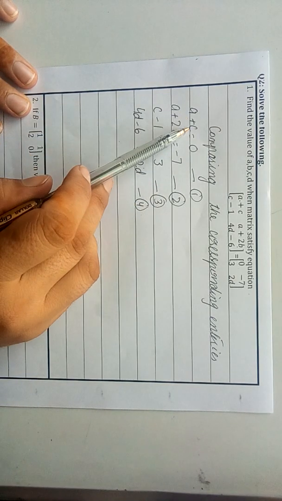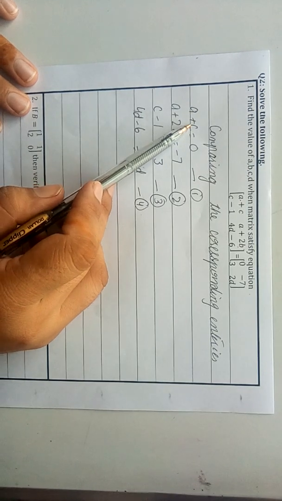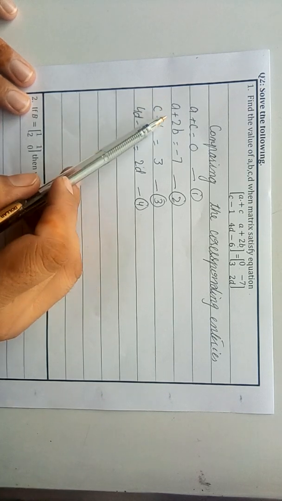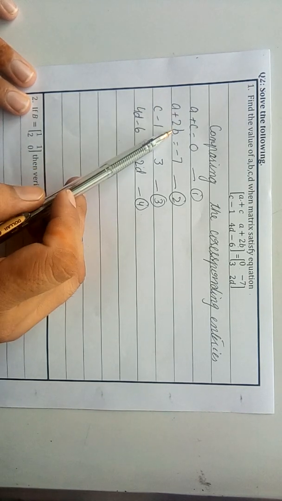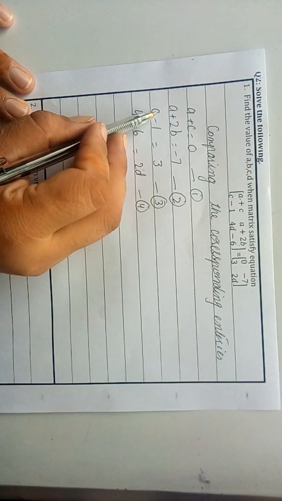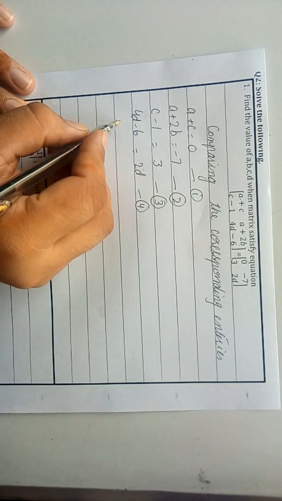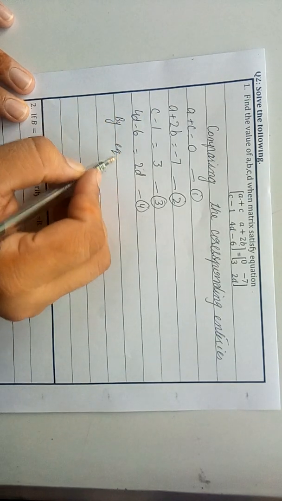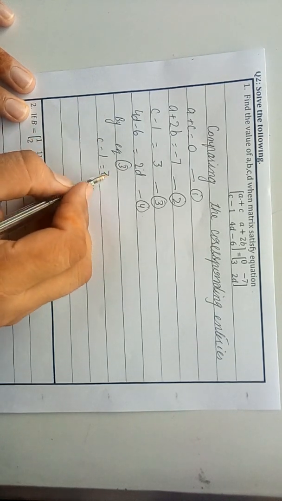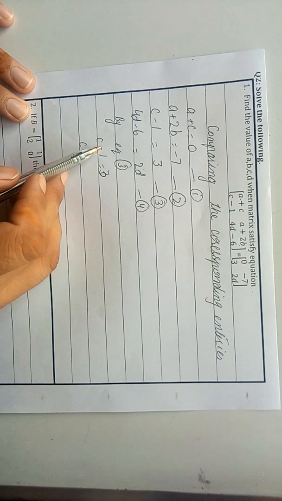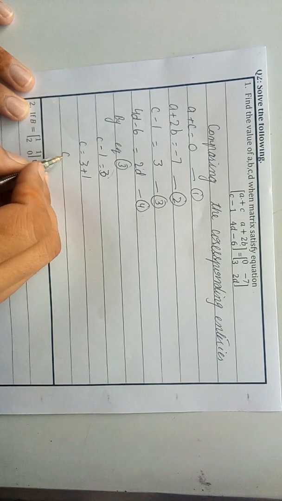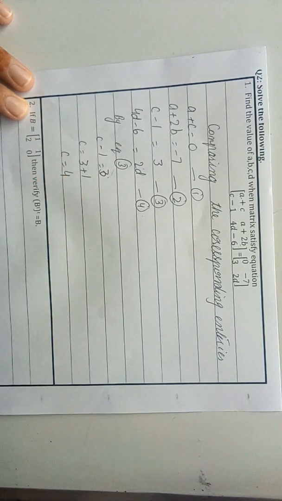We cannot solve equation number 1 as both of these variables are unknown. Next, equation 2 is also unsolvable till now because it includes two variables whose value is unknown. Equation number 3, c minus 1 equals to 3, contains only one variable. So by equation 3, c minus 1 equals to 3. So c is equal to, 1 is subtracting here, while moving there it will become 3 plus 1. So c is equal to 4.